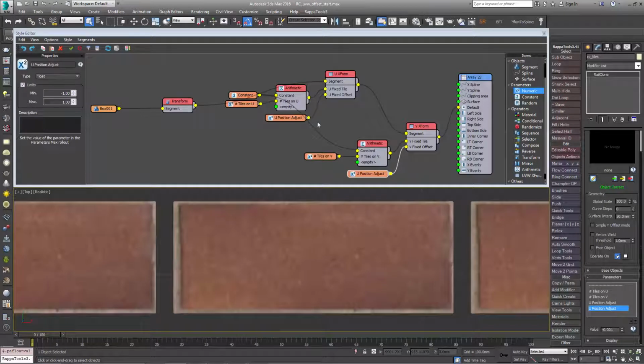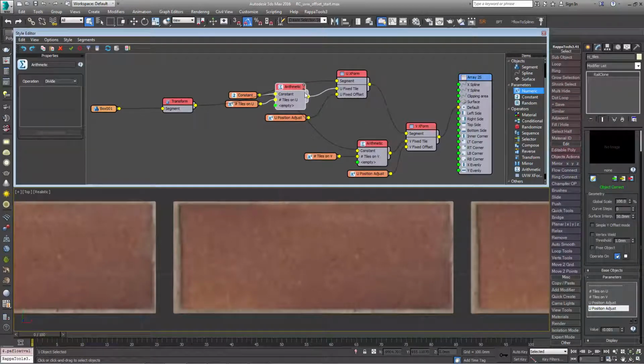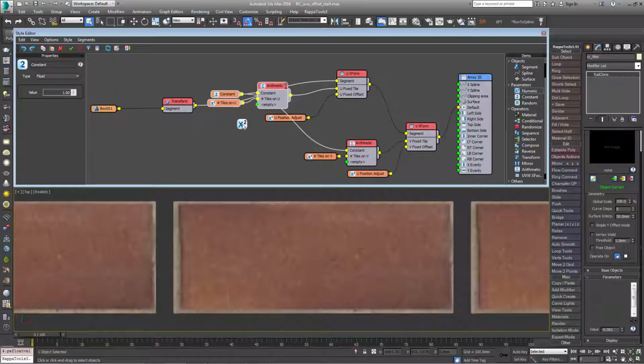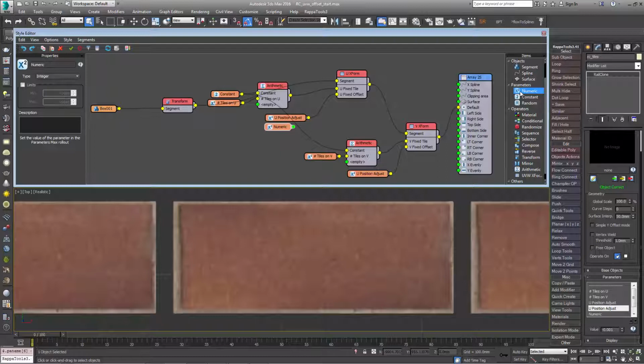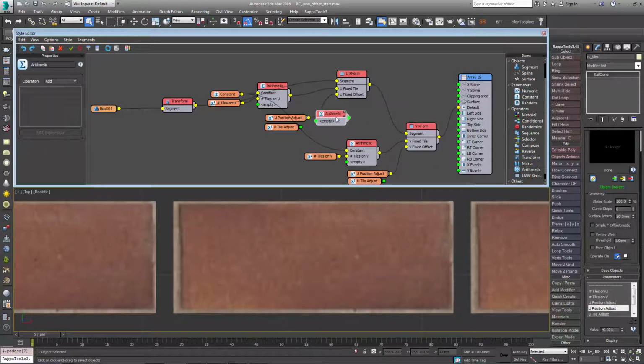We already have sizes being piped into the tiling inputs, so to change the scale we need to add an adjustment to the existing values. To do this, create 2 new numeric nodes, one for each UVWXForm operator, and rename these UTileAdjust and VTileAdjust. Next, also create 2 new arithmetic operators, one for each UVWXForm, and leave the mode set to add. Wire the existing divide nodes to the first input, and then wire the new numeric nodes to the second input.